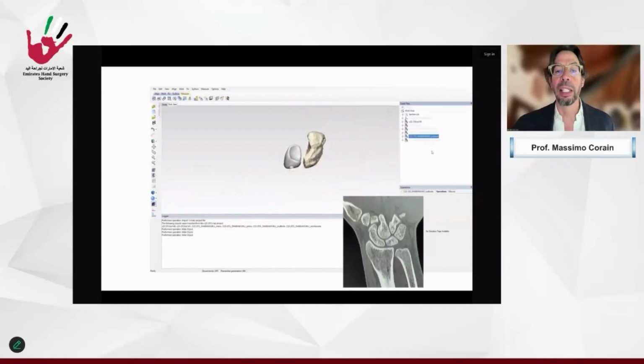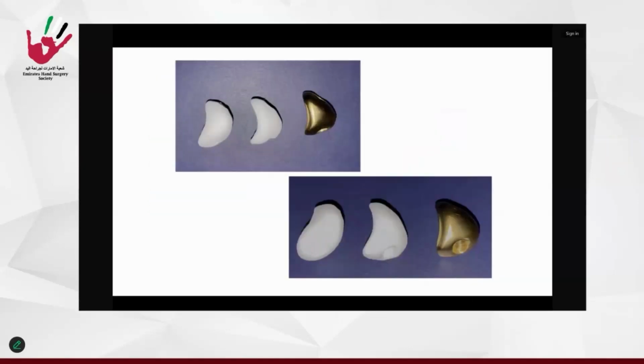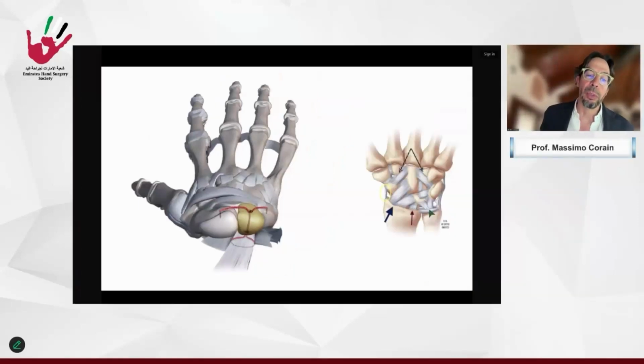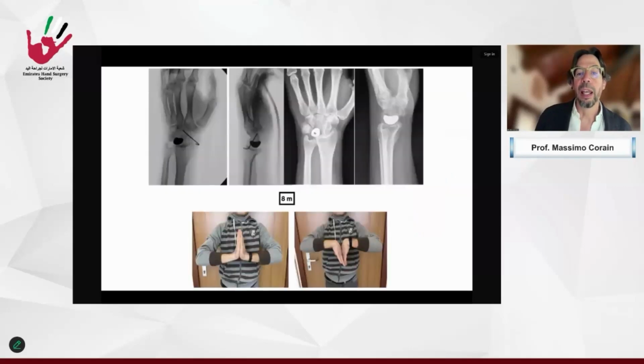So these are the digital views that the engineer can evaluate together with us. The lunate is shaped on the contralateral, mirrored on the contralateral. This is the prosthesis with a custom-made template. And this is the scheme of what I did on this patient, with the palmar gracilis graft passed under the radiocarpal ligaments in order to stabilize in the frontal plane. This is the X-ray and the check after 8 months with almost now a good result.